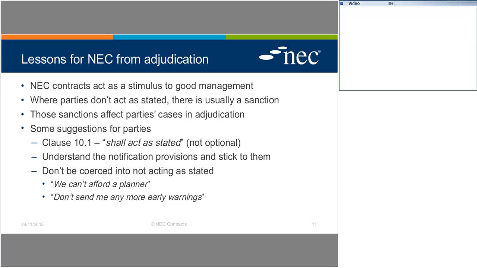I think they're absolutely vital, and because of the potential sanction against the contractor in the event he does not submit early warnings, his default position should be that if he wonders whether this matter is suitable for an early warning, the default response is yes. And the key message I would take from this slide is, again, shall act as stated. So you do exactly what the contract is asking you to do, because I think no adjudicator is going to be critical of you if you've issued the right notifications at the right time under the contract.